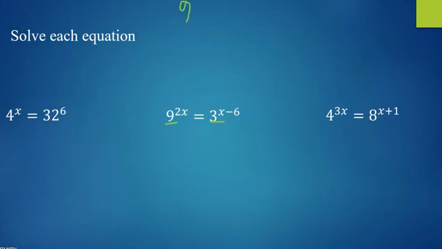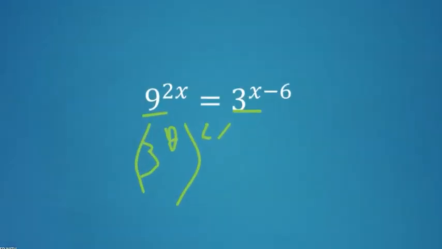Alright, first of all, as I told you, the 9 and 3 are completely different, they are not the same. So 9 we can represent as 3 to the second power. So in this case, what do we have? We will have 3 squared, with an exponent of 2x, yes? And then it will equal to 3